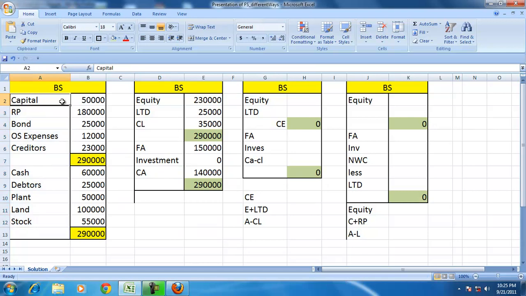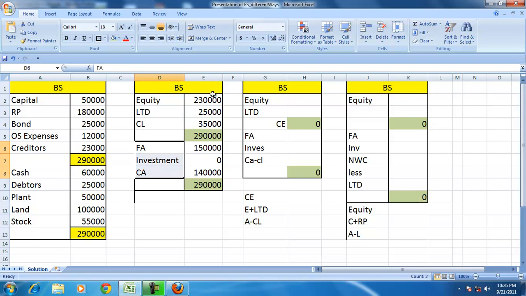However, it is necessary and useful to find out what are the sources of the funds and how the company is using its sources. In other words, what is the composition of the sources of finance and what is the composition of the investment